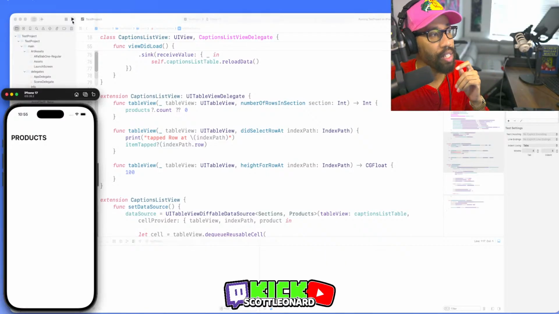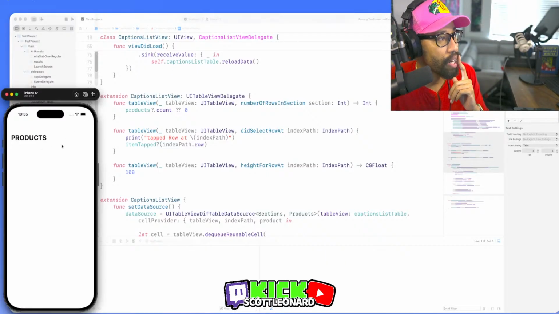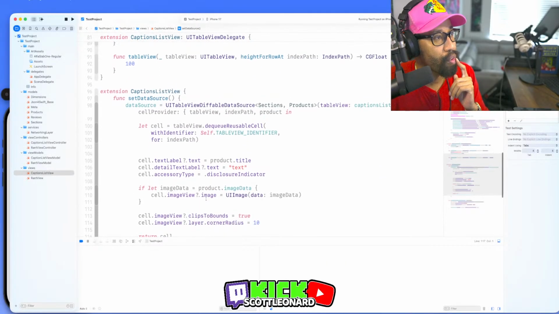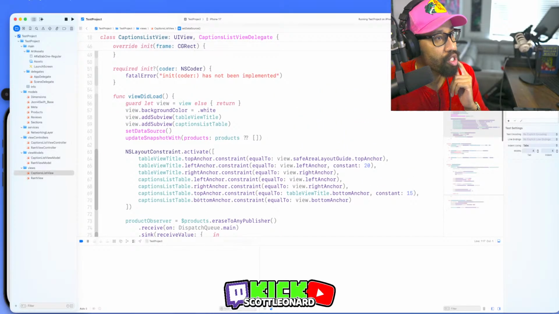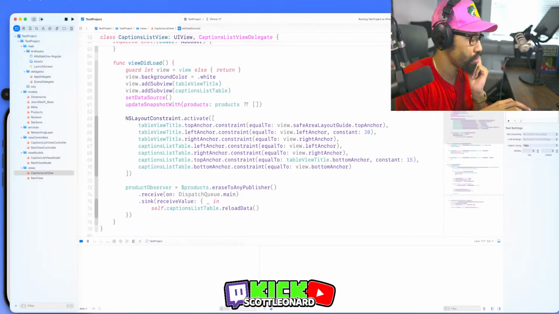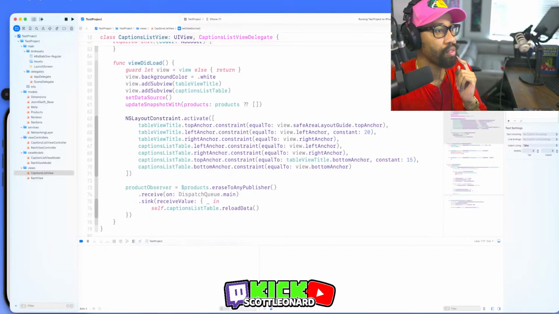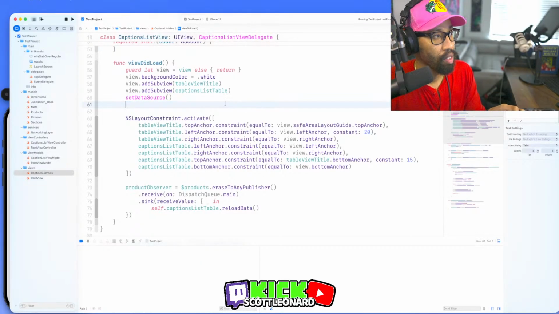But what I was gonna say is that this is not going to build anything, right? It's still empty. The reason it's empty, and I was gonna explain this to you guys before, is because the way this is built, there's no data when this loads up. There's no data when this builds up. So what we need to do is change this update snapshot with, grab this, and move it from here